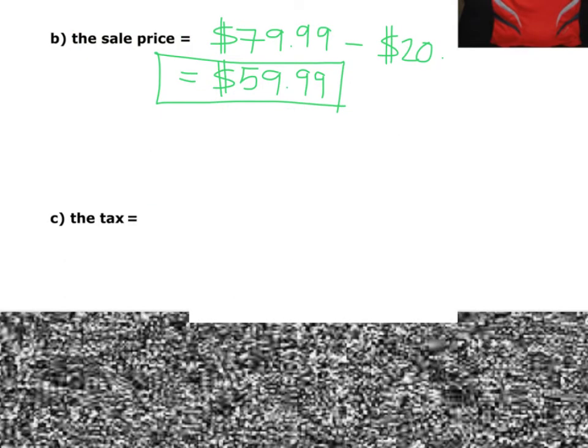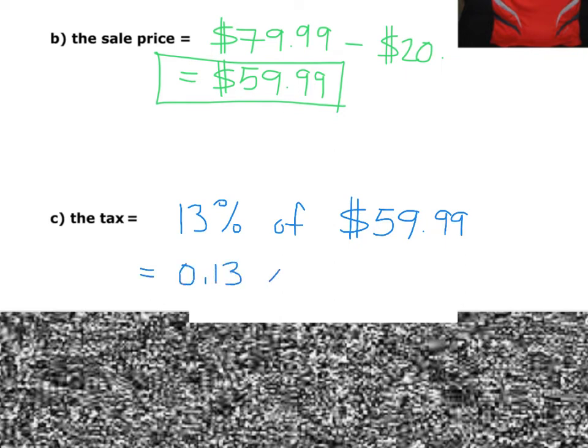How much will the tax be? Well, we all know that tax in Ontario is going to be 13%. So we are going to do 13% of that sale price, which is $59.99. 13% as a decimal, when you divide by 100, it's 0.13 multiplied by $59.99. Plugging that into our calculator, when you do this, you get